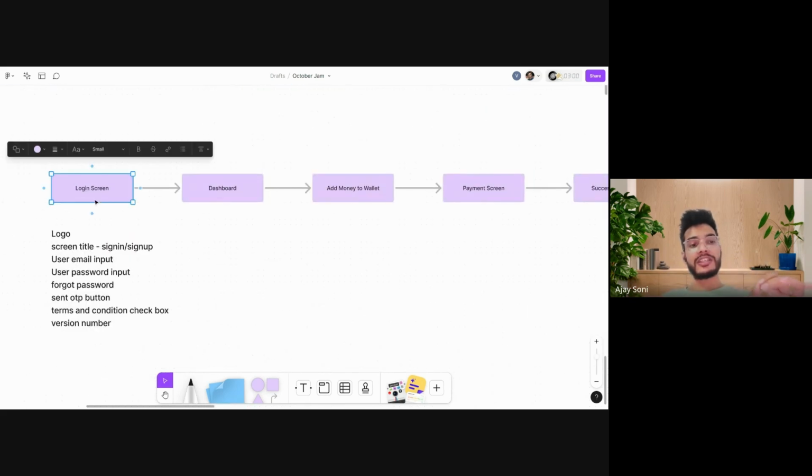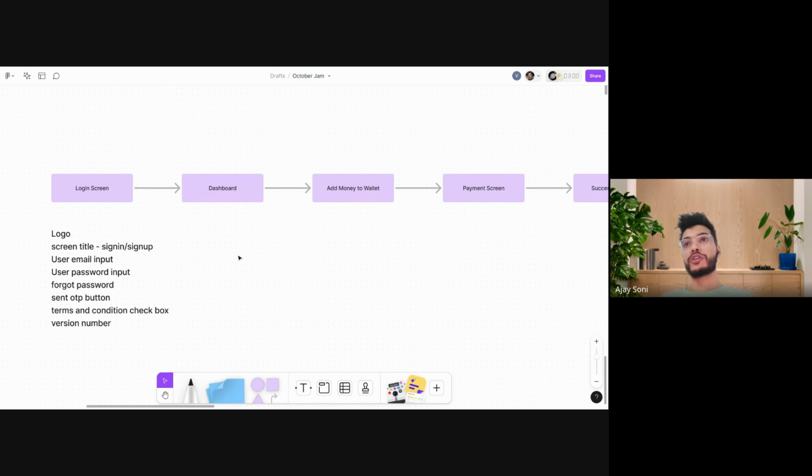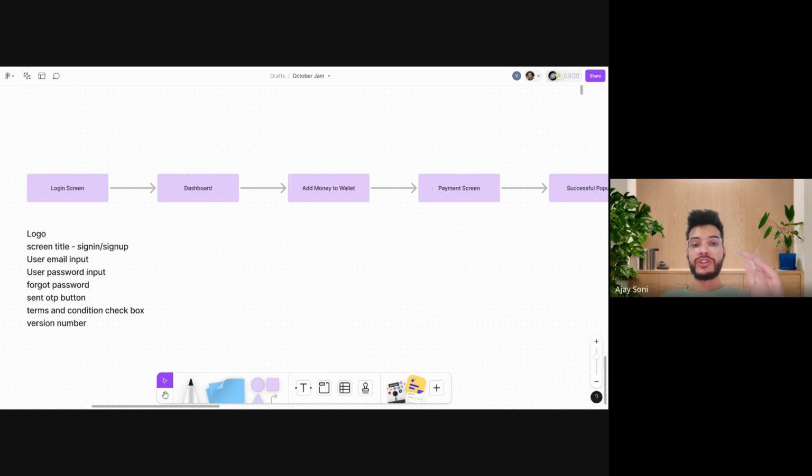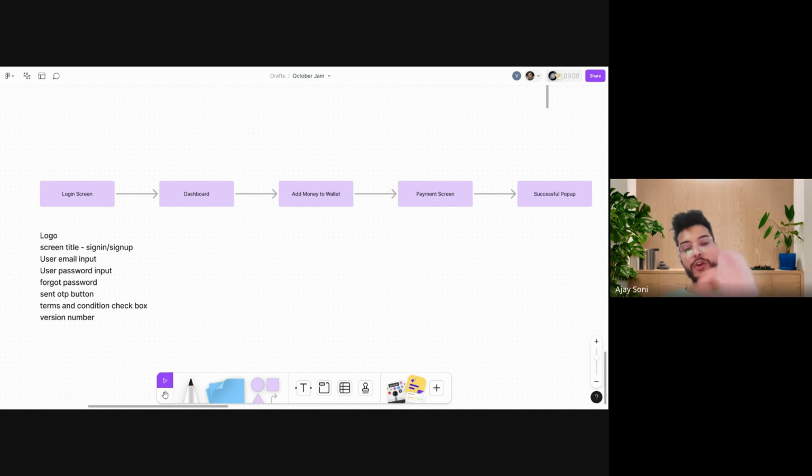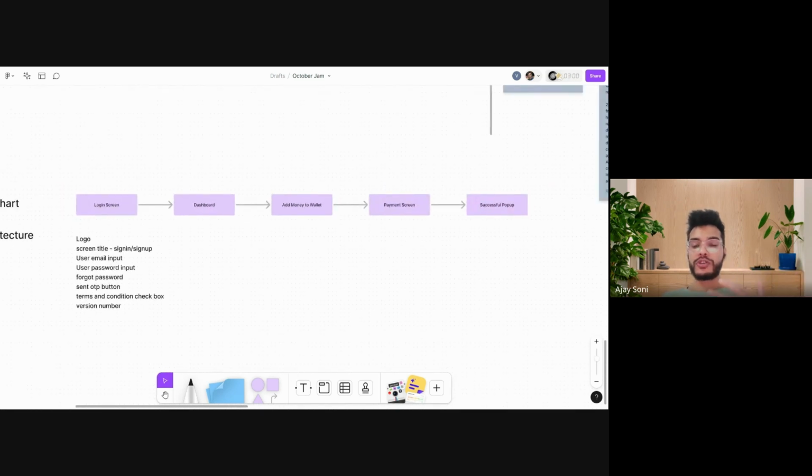Because these things give us, I would say, a tip of the iceberg overview of the product, the very outer overview. And it is a very good thing to have suggestions, discussions and feedback on these things a lot of times. Say someone has given you a structure: these are the screens, this screen will come after this one, and this is how it will go.